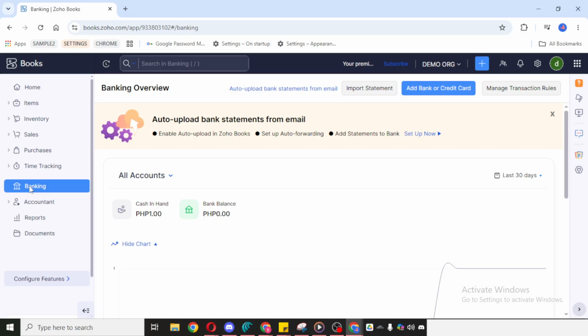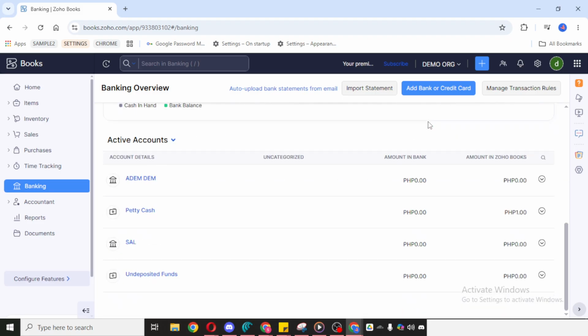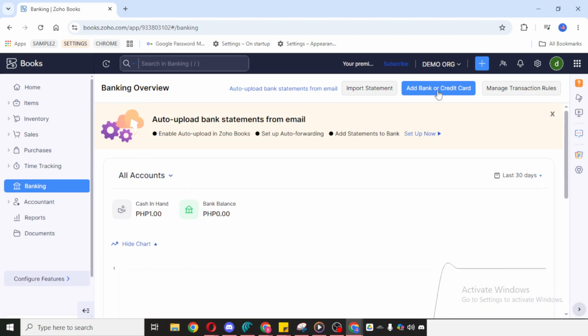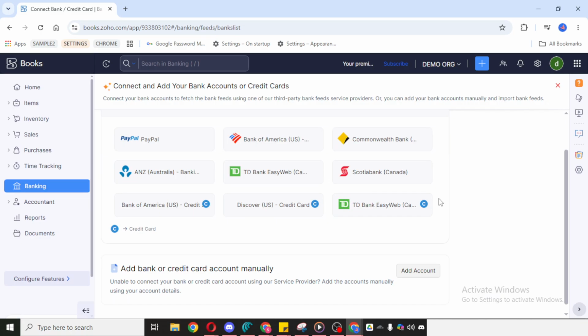After opening the banking section, look for the option that says Connect Bank or Credit Card and click on it. At this point, Zoho Books may show you different ways to add your card. In some cases, you'll see a list of available financial institutions or card providers. If your credit card provider appears here, you can select it and continue through the connection process. This is usually the faster option when your provider is supported, because it can help bring transactions into Zoho Books